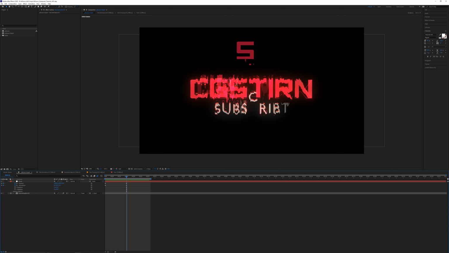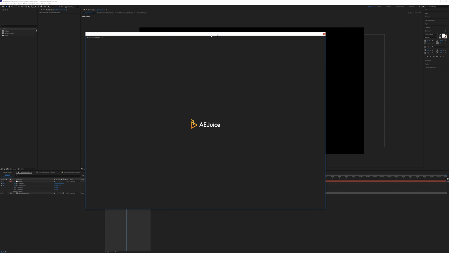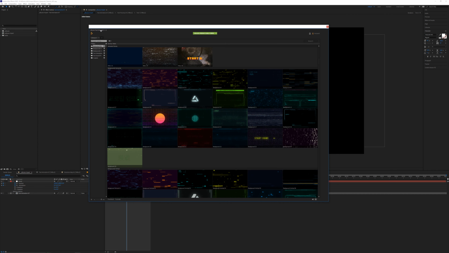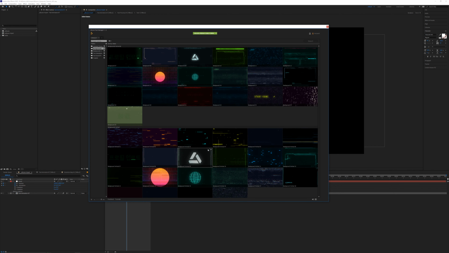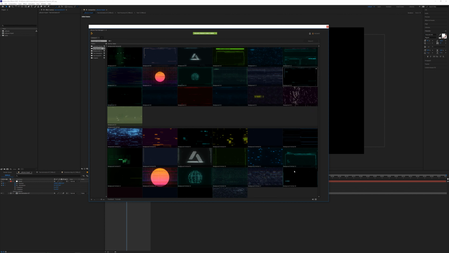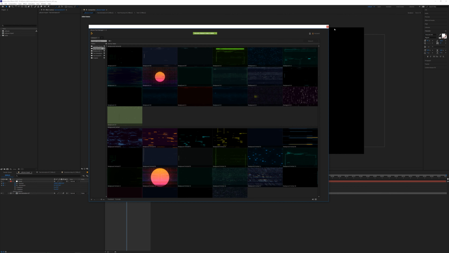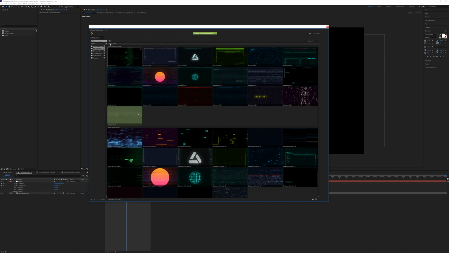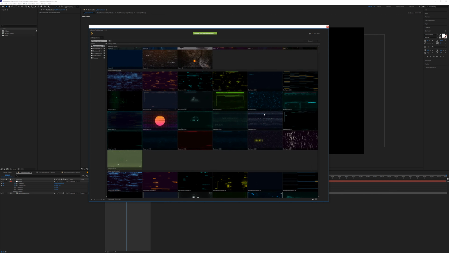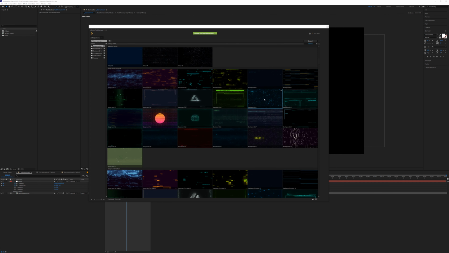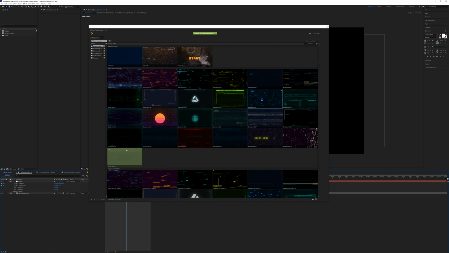Let's go back to our pack manager and then we'll pull this down here. One thing to keep in mind is don't leave the pack manager open because sometimes it can kind of freeze up and then it makes After Effects freeze until you close the window. So don't freak out, just close the window and then restart it if you encounter that. But what we could do now is find one of these backgrounds. So we'll just do background 11. We're going to double click that, make sure that loads.